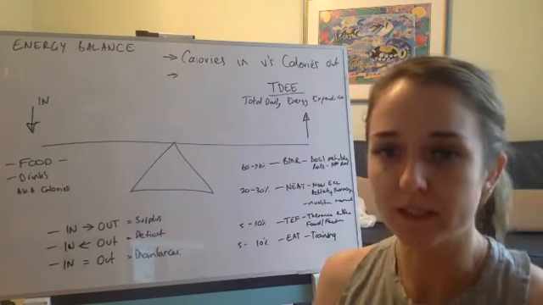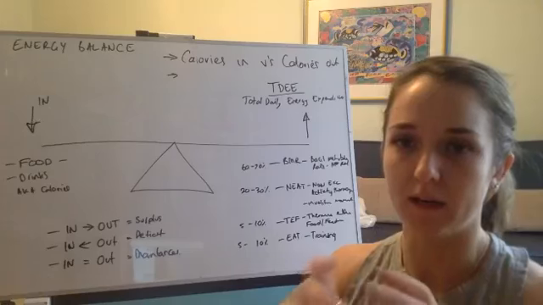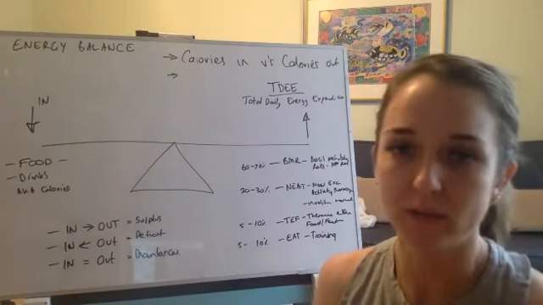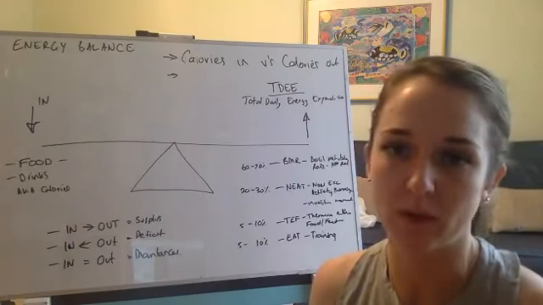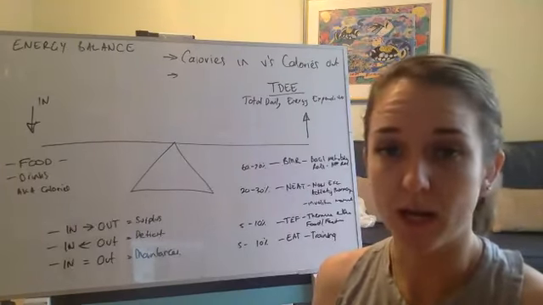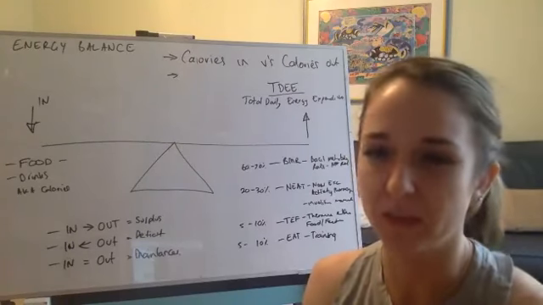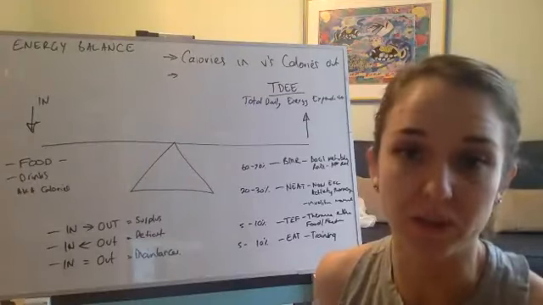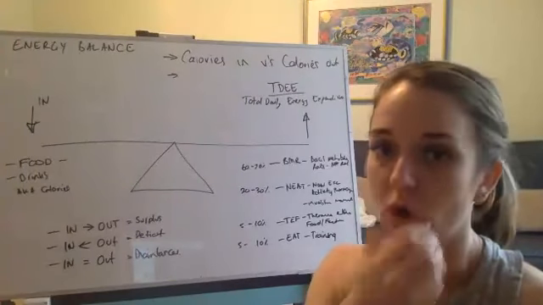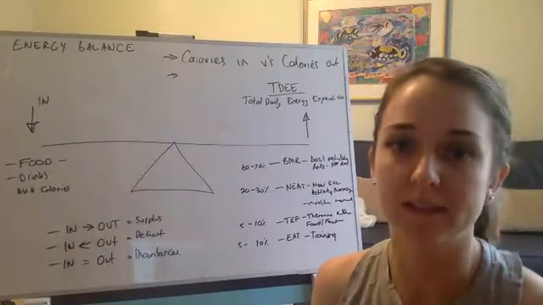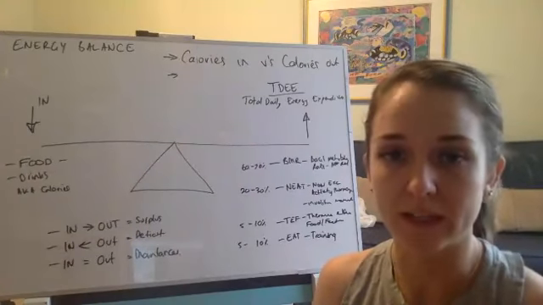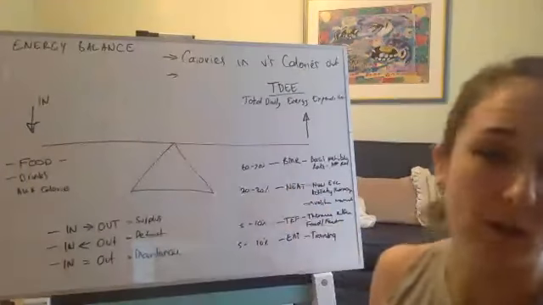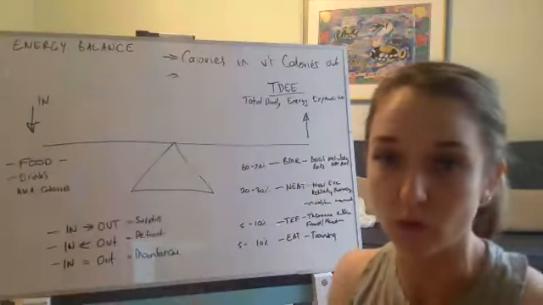So the biggest factor of your TDEE is your BMR, which stands for your basal metabolic rate. So basically your metabolic rate on how much energy you require at rest. So if you were just laying in bed doing absolutely nothing, then this is how much energy you need to continue doing that. So your muscle mass, your fat mass is going to play a really big role in whether this is higher or lower. And you'll notice that I've just put a percentage, so it usually equates to about 60 to 70% of your total daily energy